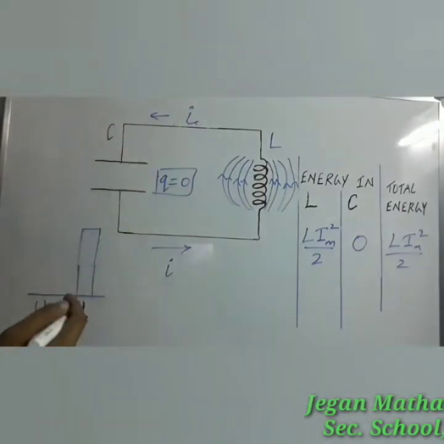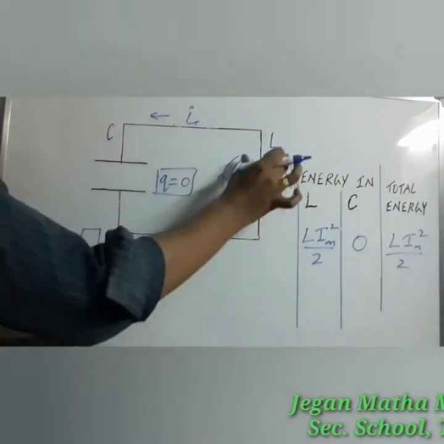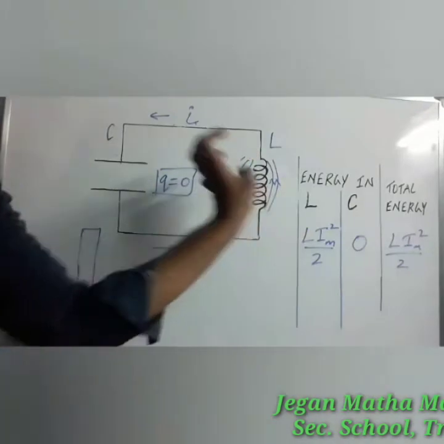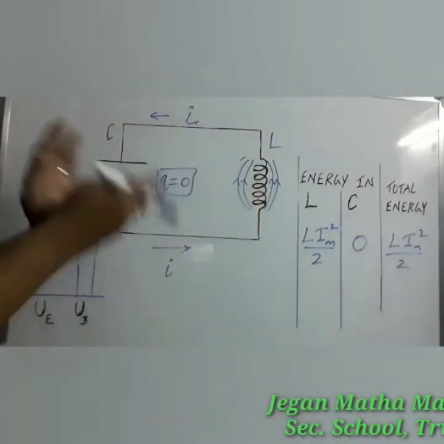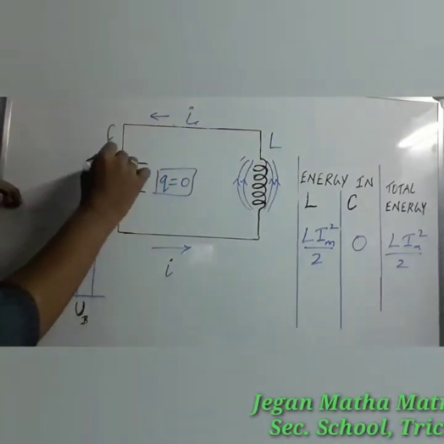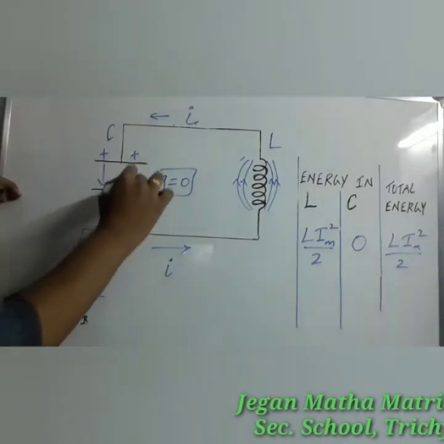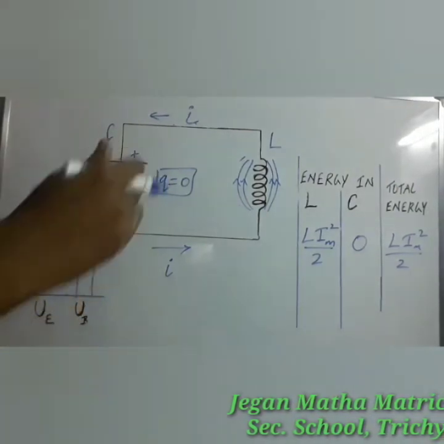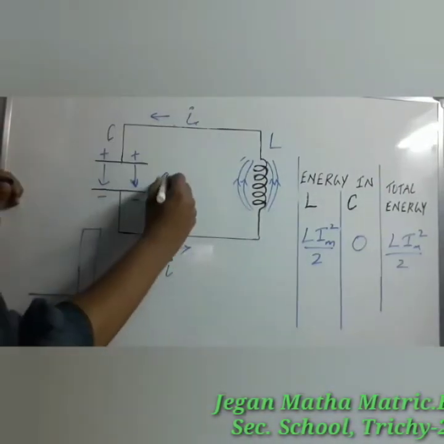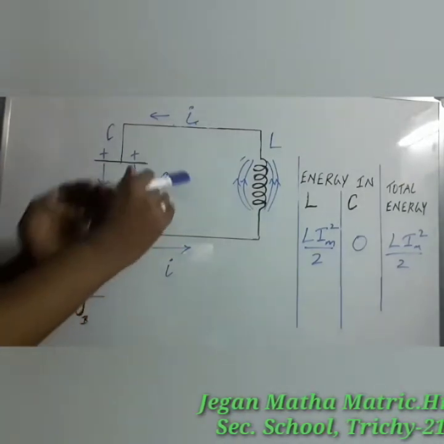Once again, the capacitor can be charged in the opposite manner. So magnetic field lines around the inductor start to reduce. Here it is losing its energy. That means the capacitor starts to gain the energy. So charges are flowing in this direction. So once again the capacitor is gradually charged. So electric field lines once again are created, so here it has a certain charge q. It is not completely charged, it starts to charge. So the amount of charge is less only.